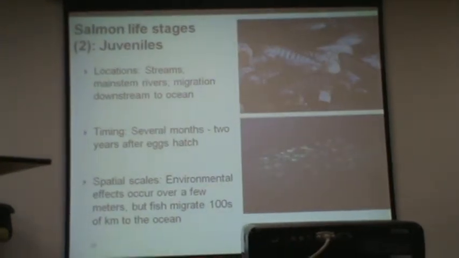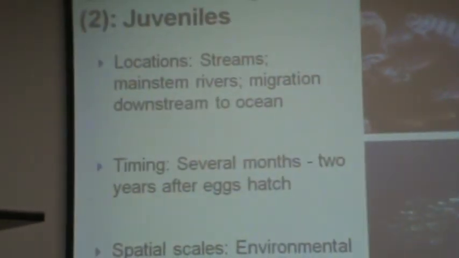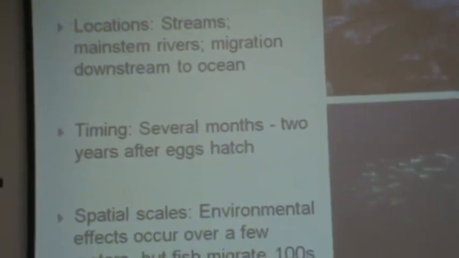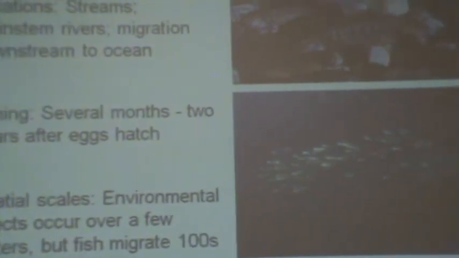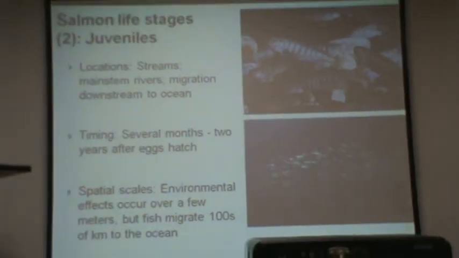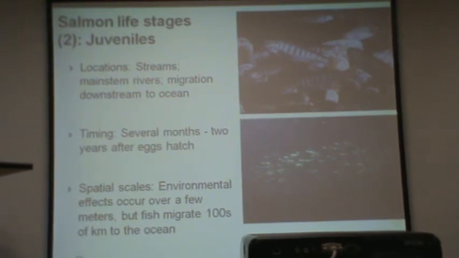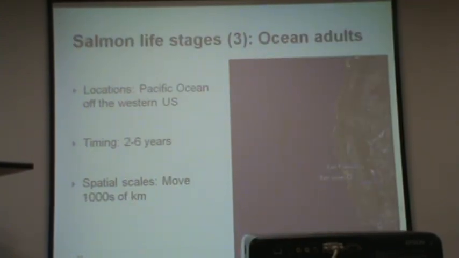And then when the juveniles are born, they swim around and feed in streams and gradually move into larger rivers and migrate down to the ocean. And so the spatial scales of processes related to the juveniles happen over a few meters. That's the distance over which they feed. But then the amount of space that you have to model is all the way from these small streams where they're born all the way down to the ocean. And then when